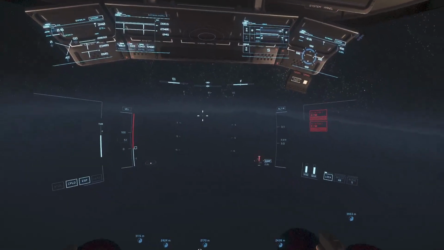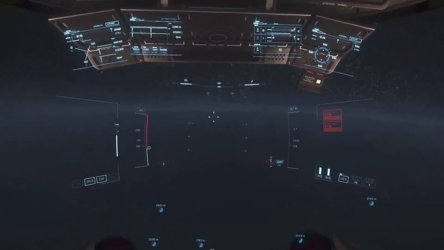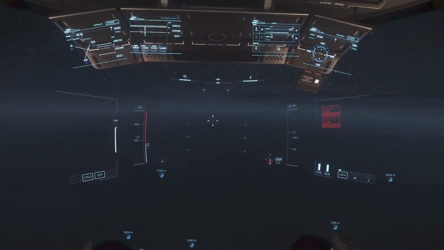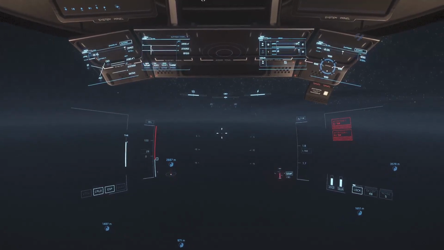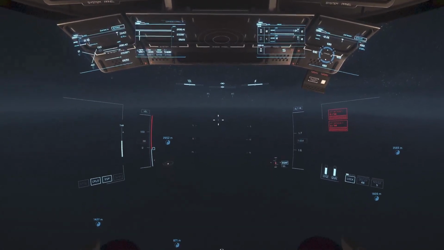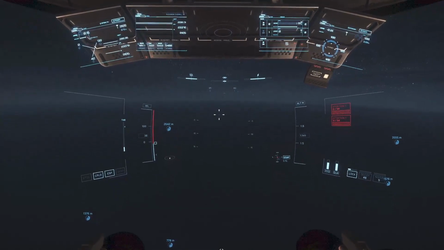So as you're coming into Lyria here, you want to make sure that you're careful of your elevation, because with very low gravity, if you come down too fast, it's going to be very easy to crash right into the ground. So you want to pay close attention. I typically try to come to the dark side of the planet or the moon,